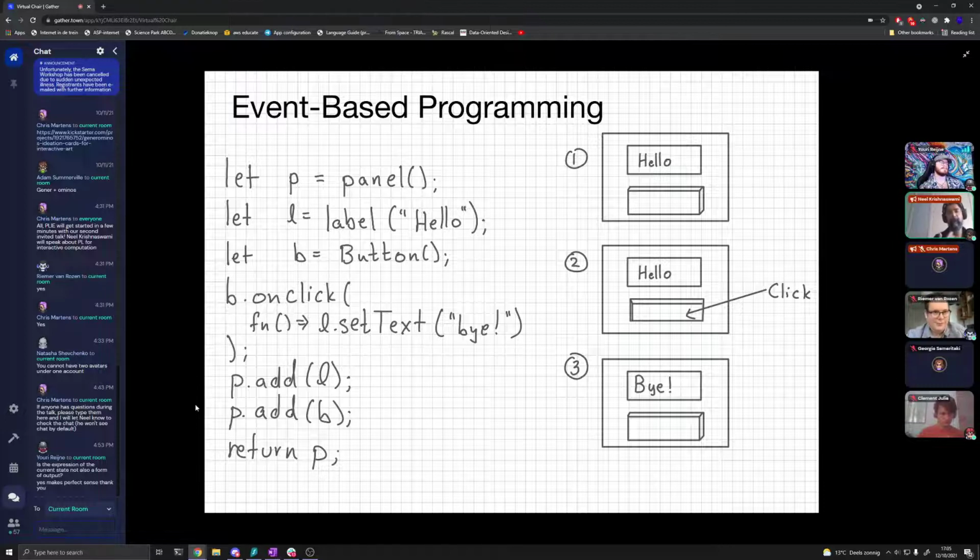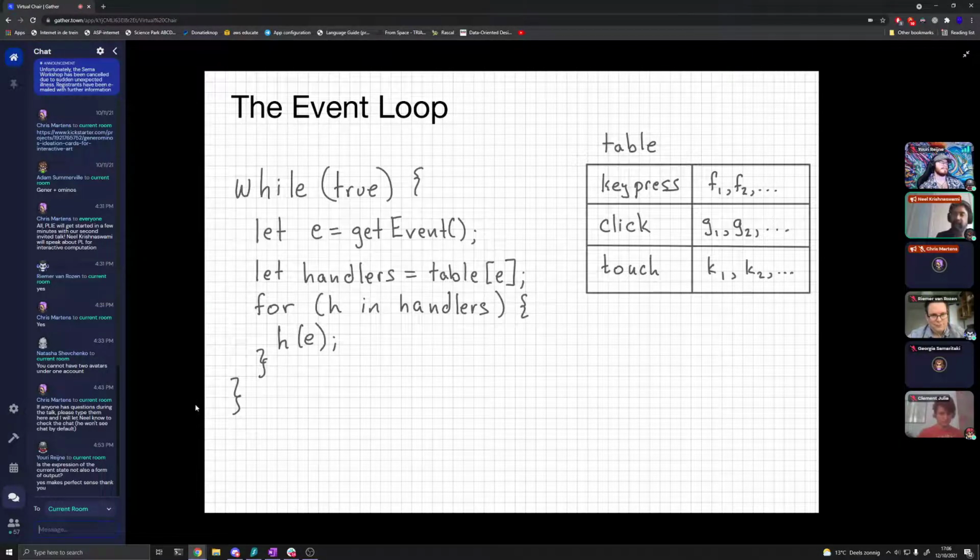Okay, so now we've taken this old model of a fixed set of states and radically altered it, because now we can dynamically create state that we add to our UI. How does that work? It turns out that there is still this fundamental event loop at work.